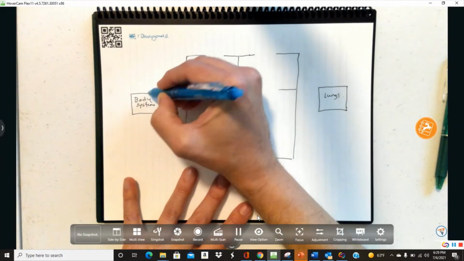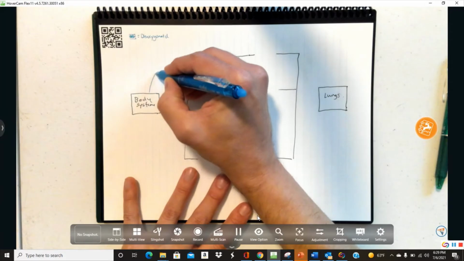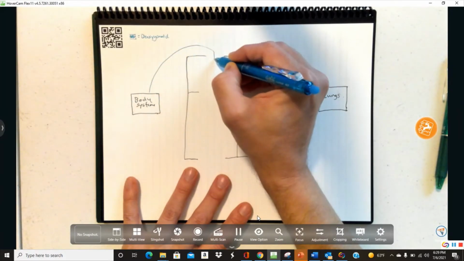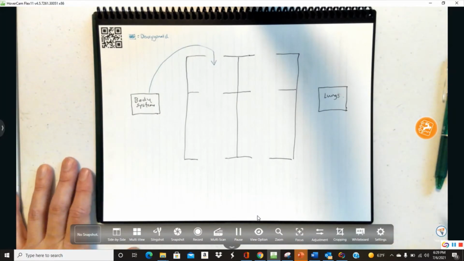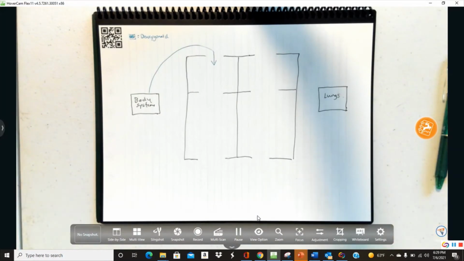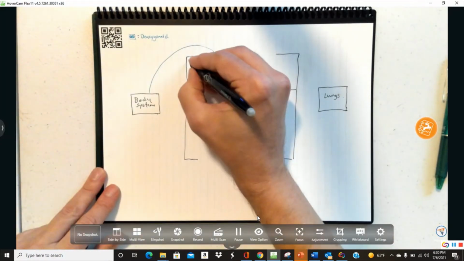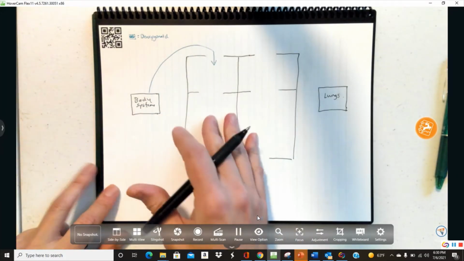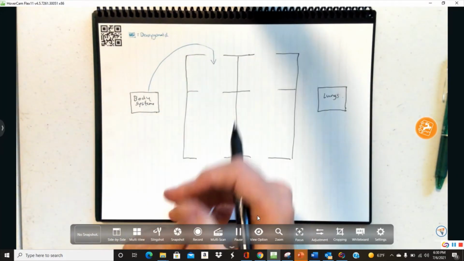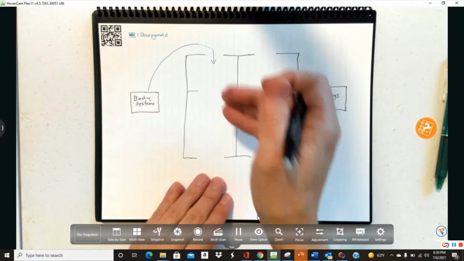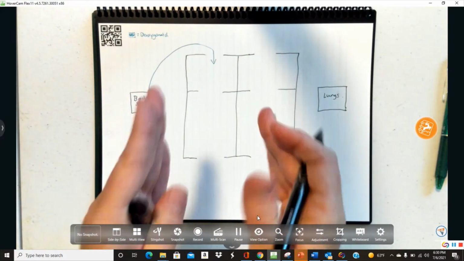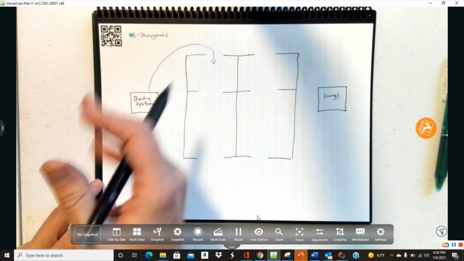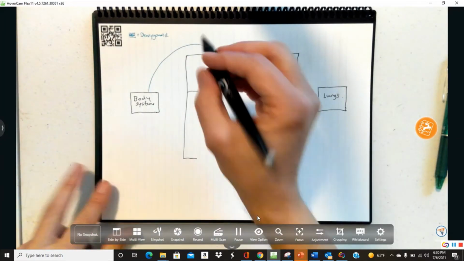So what we want to do is take this from the body systems, and we're going to bring it right here to this chamber. First thing, we want to make sure we know what the chamber is. What chamber are we in? On this side, we're going to treat this like we're looking straight on. So this is the right side, and this is the left side. Anatomically, if you're looking straight at it, the left side of the screen is the right side of the body. So this is the right